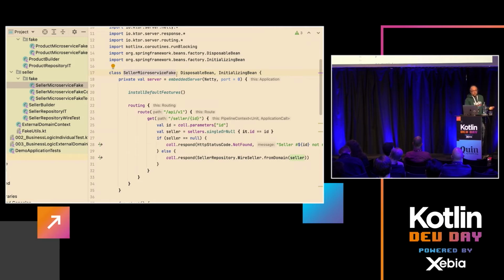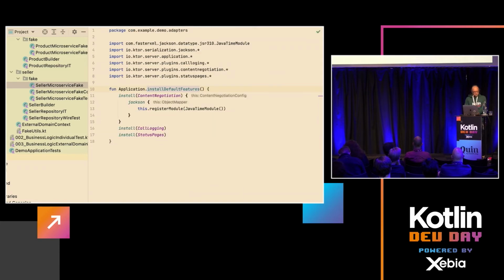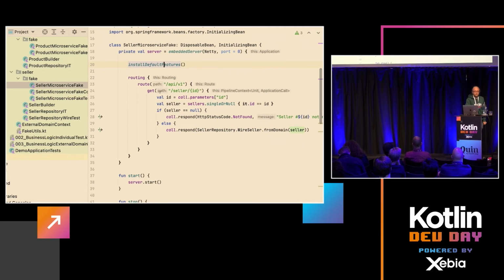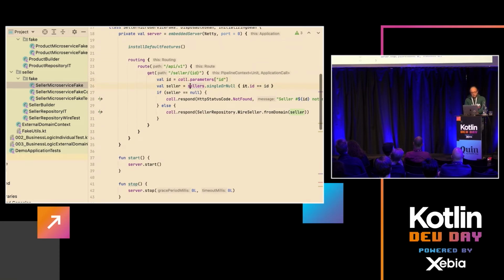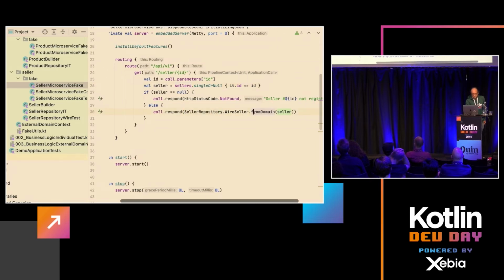So recently I like to use Ktor, because it also allows me to play with Ktor. I'm not usually using it in production code for various reasons. It just starts a new server, does some simple initial features that allow troubleshooting and debugging, and does the beautiful things of Ktor. It says when there is a call to seller with this ID, let's look into our registered sellers, and if there is something that we know, let's just return it